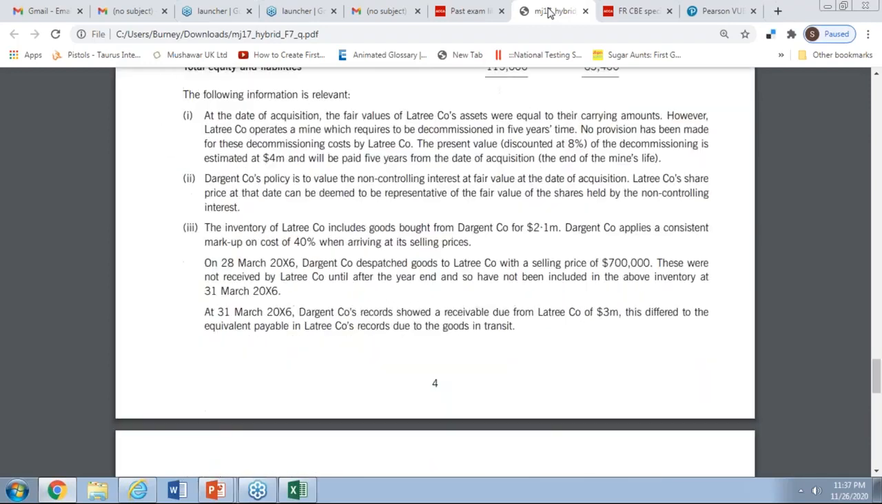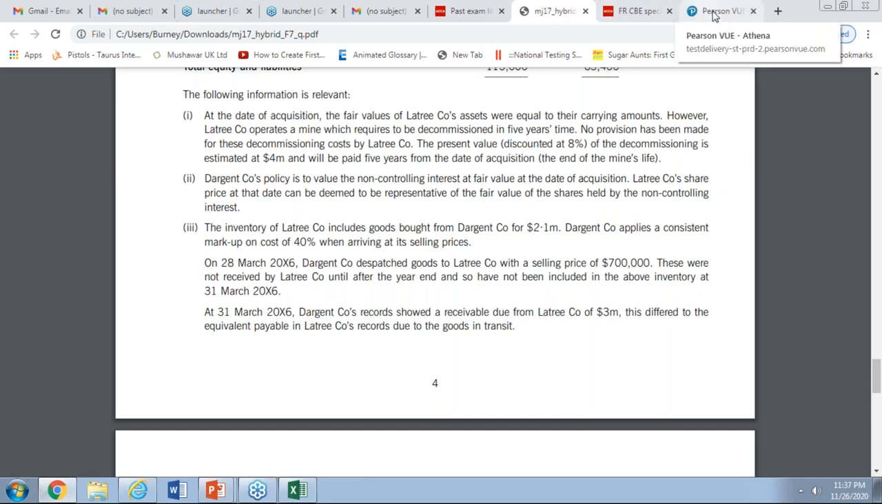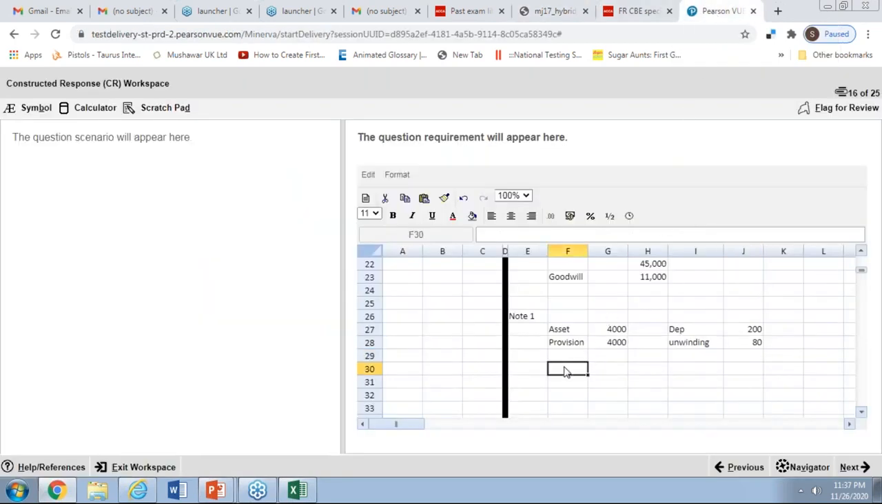Inventory of the lettering includes the goods bought from the Dargin for 2.1 million. The Dargin applies the constant markup of 40% when arriving at its selling price. So that means who sold the goods in this situation? It was actually parent who sold the goods. So whenever the parent sold the goods to the subsidiary, the accounting entry will be